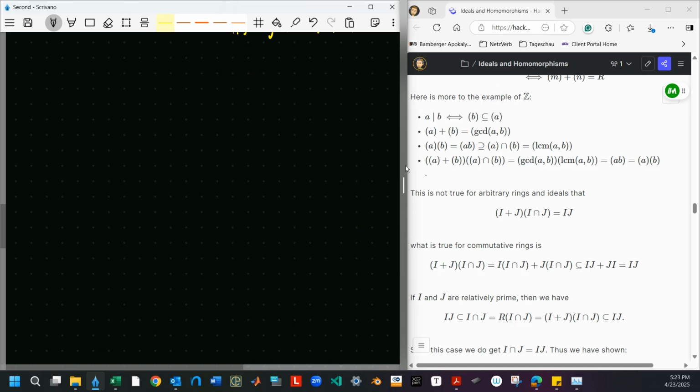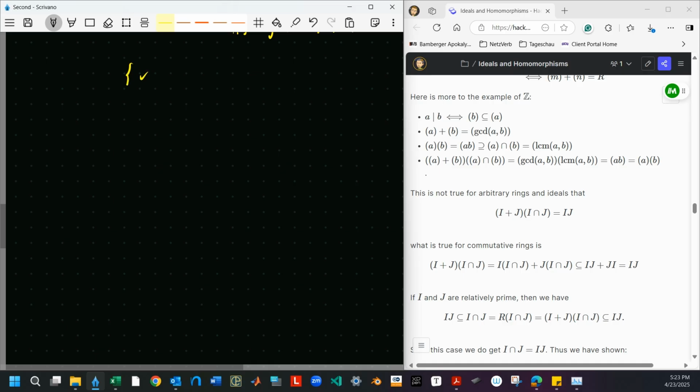Because what is this saying? It's saying here that B is contained in here means that there's something I can multiply A by to get B, but that says exactly that A divides B, right? And then the ideal generated by A and B is equal to the ideal generated by the GCD of A and B, right? So that's because